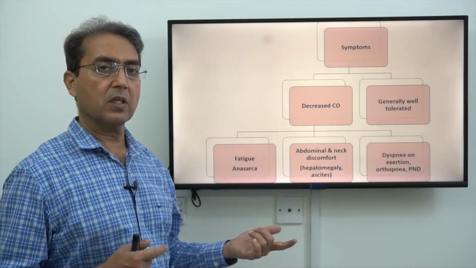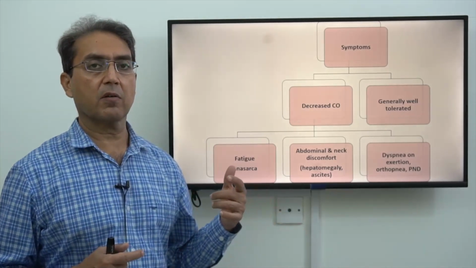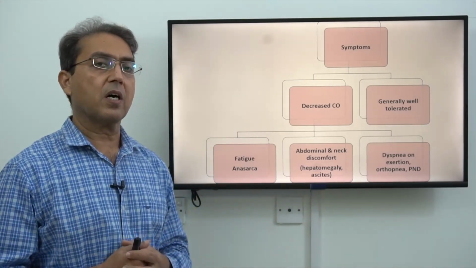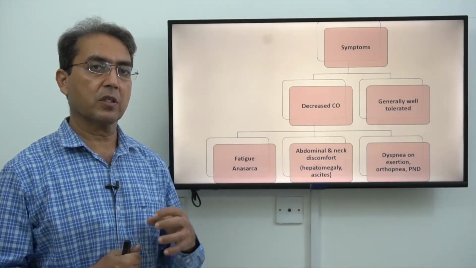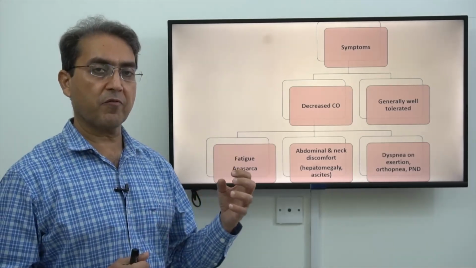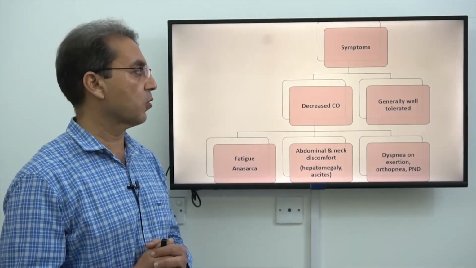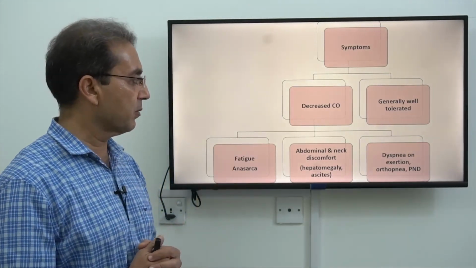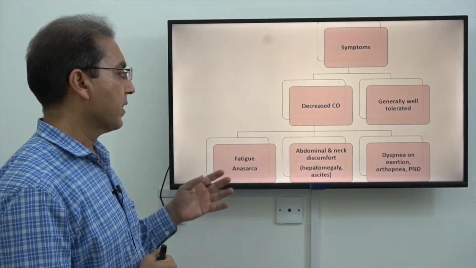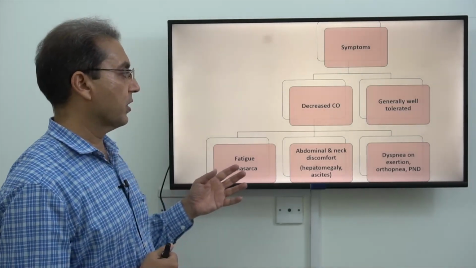So the left ventricle, which is ahead of the right ventricle in circulation, the venous return to the left ventricle through the pulmonary veins is reduced, and the cardiac output to the left side also falls. So the patient may have symptoms because of decreased cardiac output. There may be fatigue, and because of the